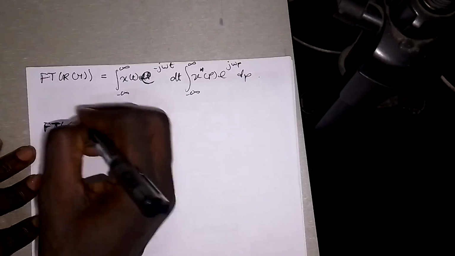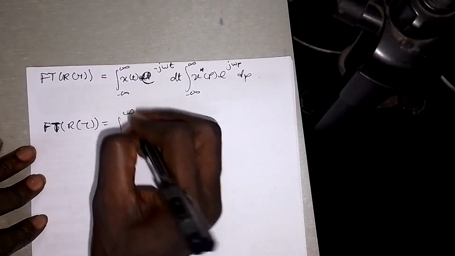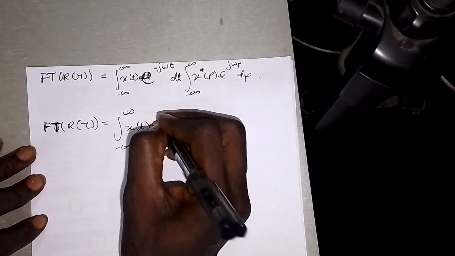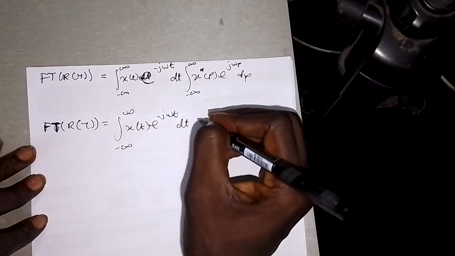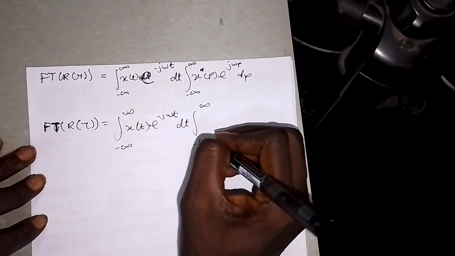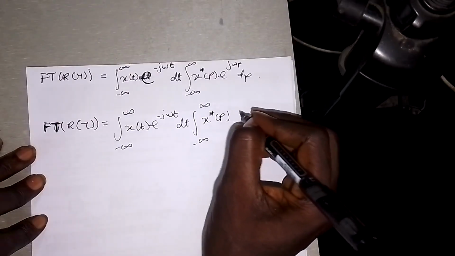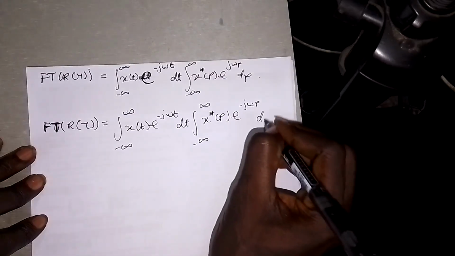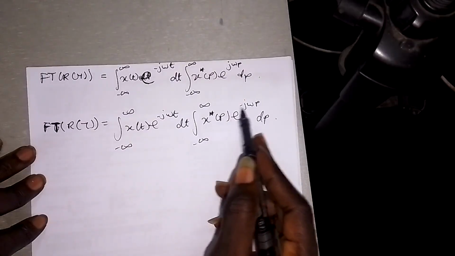of the autocorrelation is now going to be equal to the integral from minus infinity to infinity of x(t) e^(-jωt) dt. I'm just rewriting this one for you to see, times the complex conjugate of x(p) e^(-jωp) dp. Now, if I bring this complex conjugate outside, then this negative will